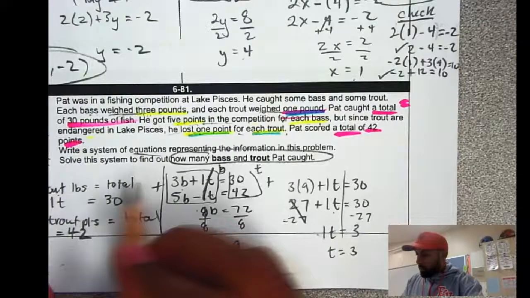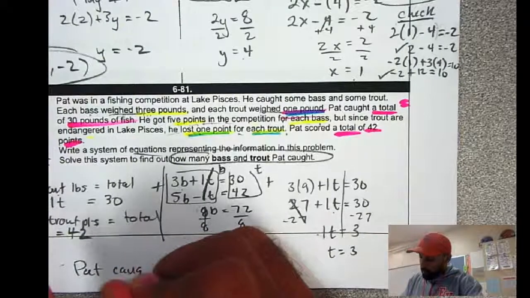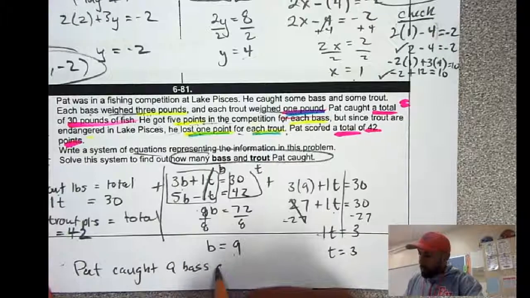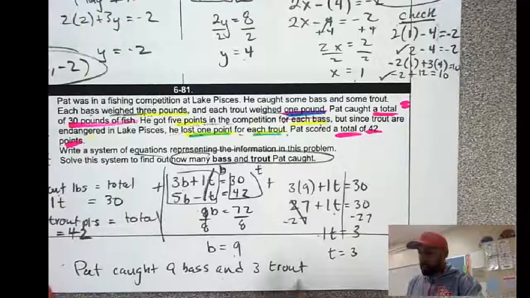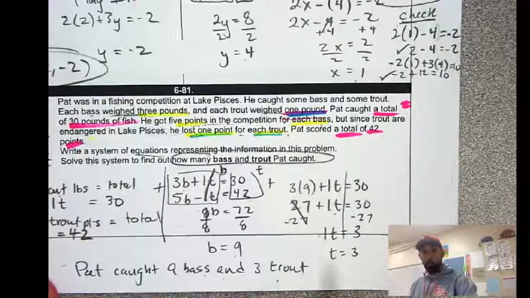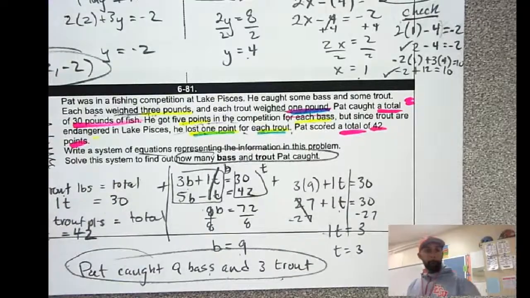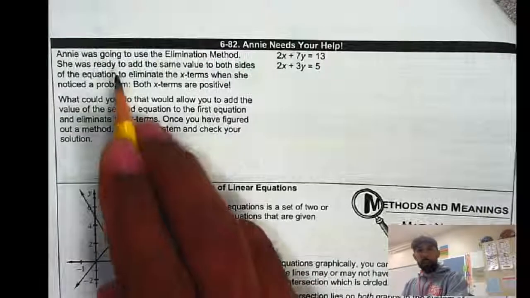Okay, so the question is, how many bass and trout Pat caught? Well, Pat, write a sentence. Pat caught 9 bass and 3 trout. And that makes sense because he wanted to catch less trout than bass because that would take away points from his total. Okay? All right, now on the back side, this last problem in the notes, it says Annie was going to